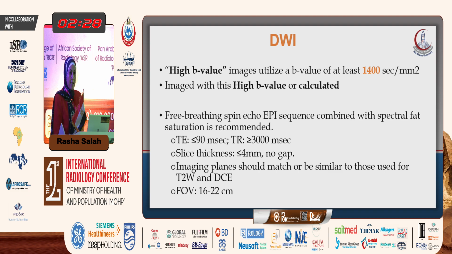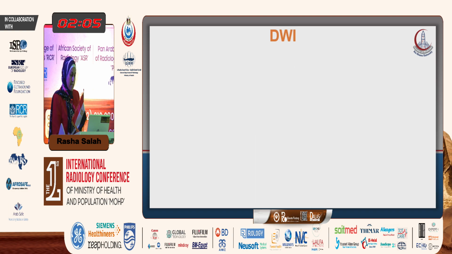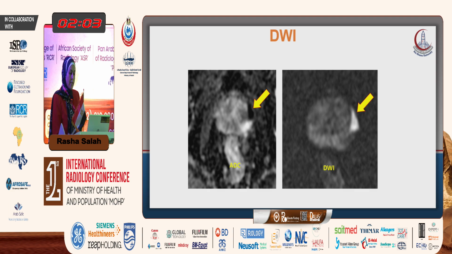The diffusion weighted image is performed during free breathing, and again we should have a small field of view including the prostate and seminal vesicles to allow better resolution for the diffusion weighted image. The axial planes should be the same as the T2 weighted image, oblique axial planes parallel to the long axis of the prostate. And this is how the diffusion weighted image and its ADC look for the prostate masses.